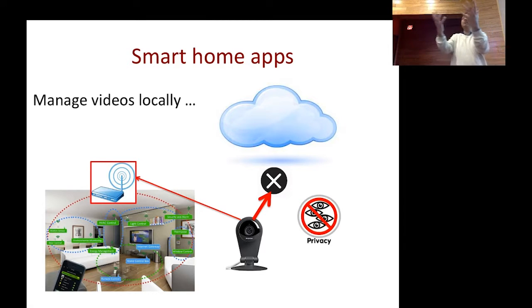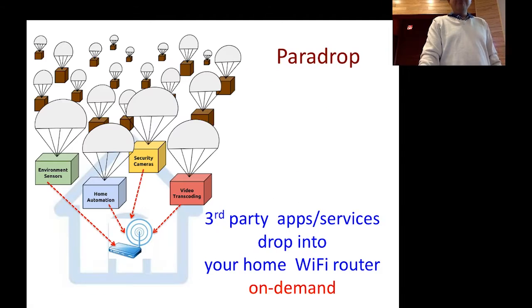So again, somebody may come up with such an idea and say, I want to do this little computing in this Wi-Fi router because then I can implement this new service, which otherwise would require too much bandwidth that is not really necessary, or it requires a very low latency, which I don't otherwise have from the cloud. Okay? So the way Paradrop works is we let third-party developers like you, potentially, to create some app running in